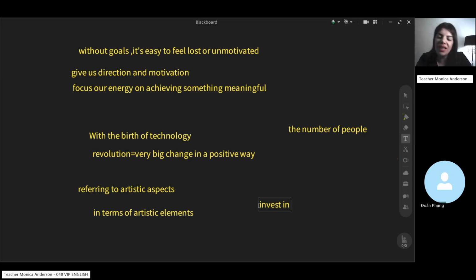To invest in art and of course to spend money on dealing with and solving issues around the world. These issues can be economical or social or disease or poverty or everything. So you can mention this one. But about the first one, just pay attention that we don't say it refers to artistic. It's better to use something different.